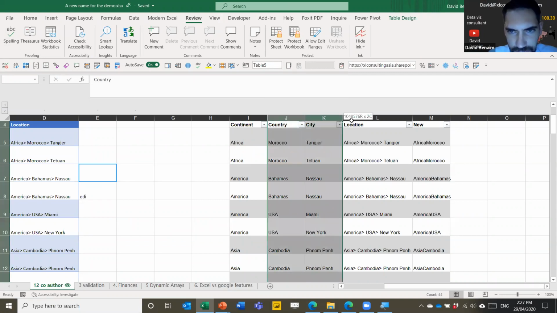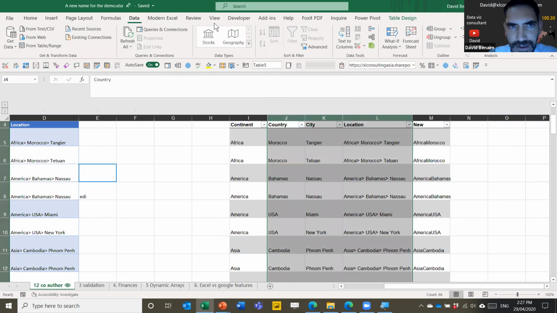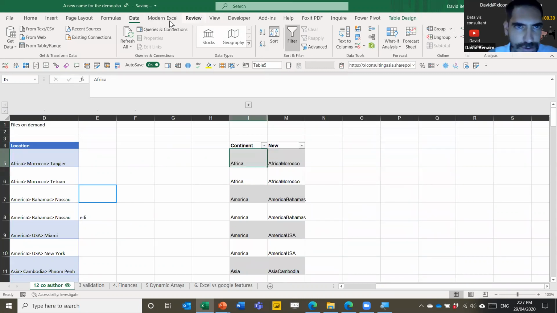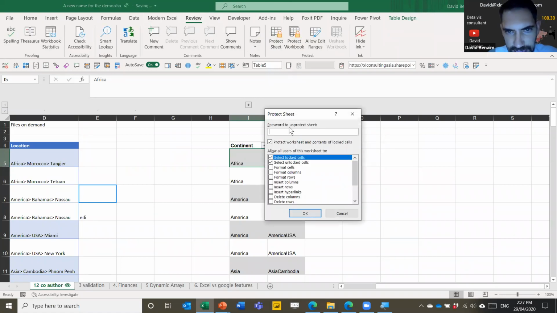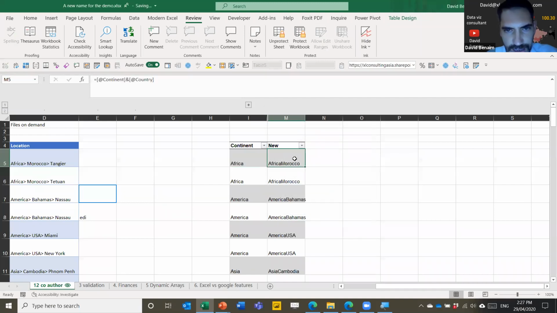So let me, for example, use some grouping, another feature that's rarely used, but I love it. And then let me go to Review, Protect Sheet, and I'm not going to do a password. I'm just going to tick everything like that, including use pivot tables. And then I'm going to undo that. So now I've locked the spreadsheet and I can unprotect it this way.